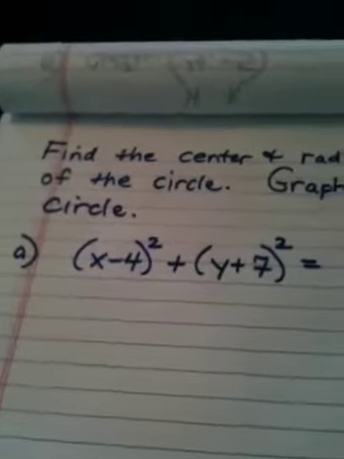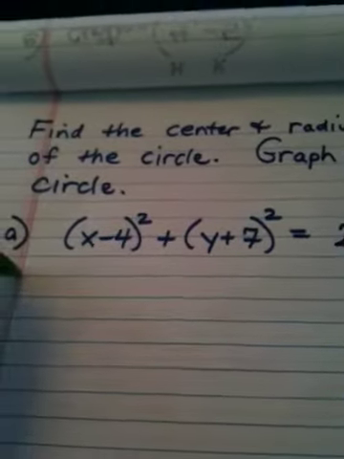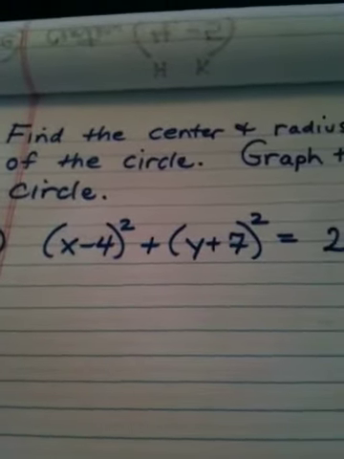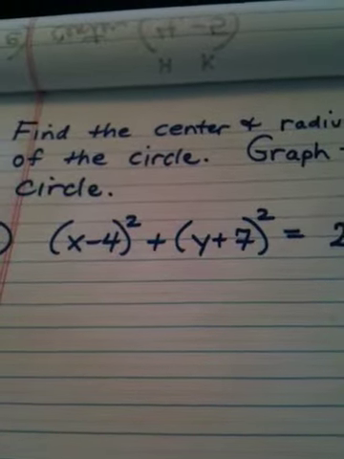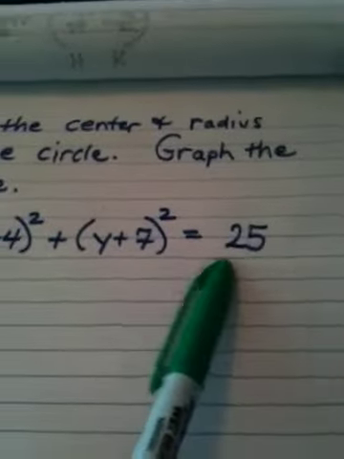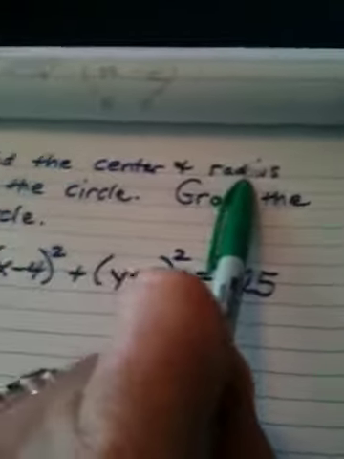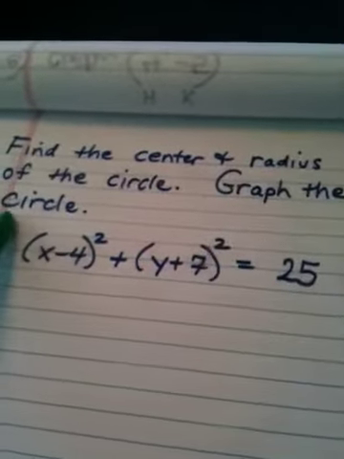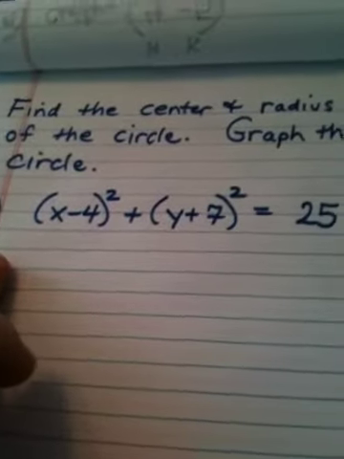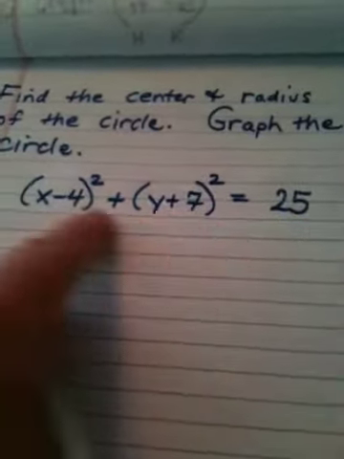Okay, ladies and gentlemen, this next question is a little bit different. In the past questions, we were given information and we were asked to find the equation of the circle. Well, in this problem, they have given me the equation of the circle, and they want me to find the center and the radius and then graph the circle. Okay, this is really kind of fun. These to me are a little bit easier, but if you're given an equation of a circle